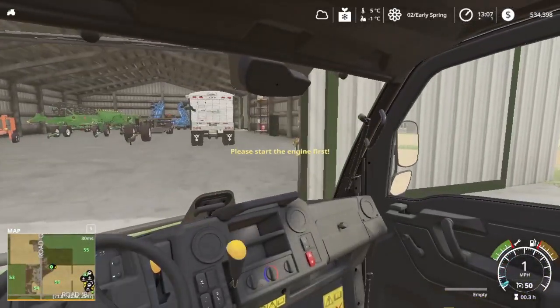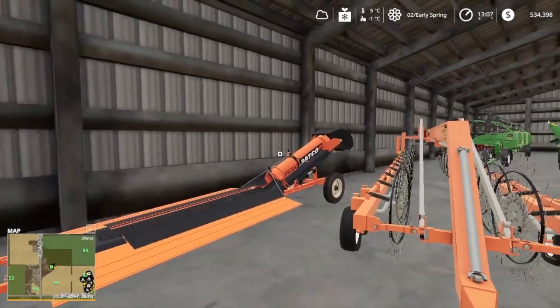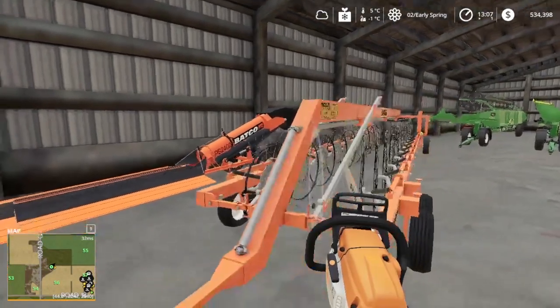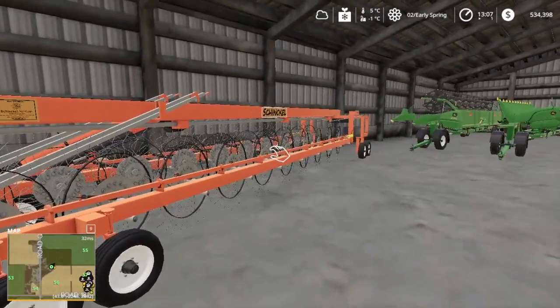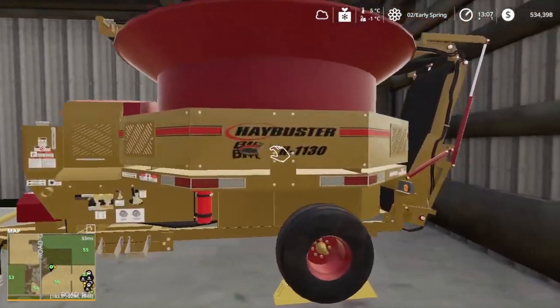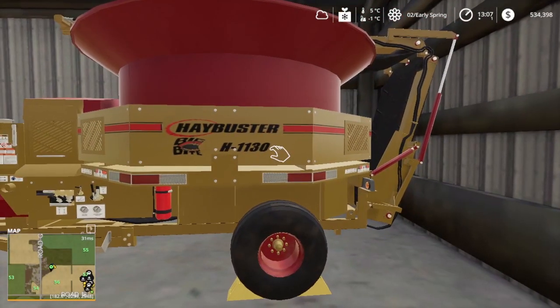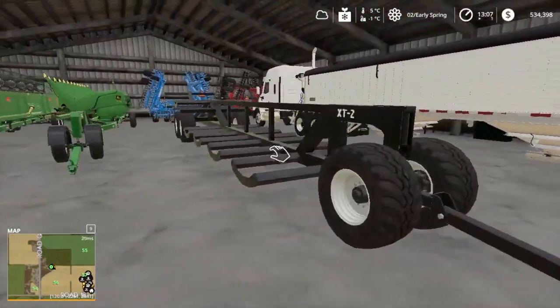Hop in here and let's see what we got hiding in here. So we got a backhoe drive-over belt to fill the augers and stuff. It's going to make it so much easier. We got our rake here, wheel rake. I think this is like a 16. It's a pretty big one. We got our hay buster, 1300 or 1130, sorry. We got another semi, bale trailer,